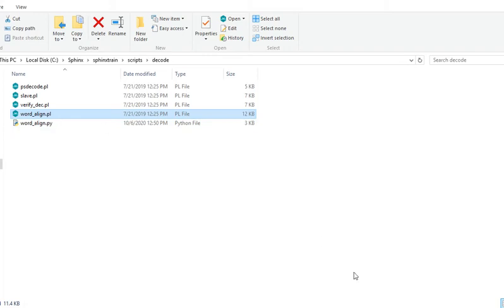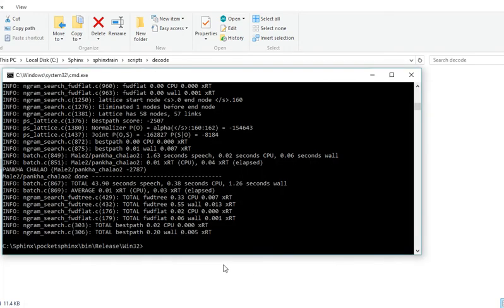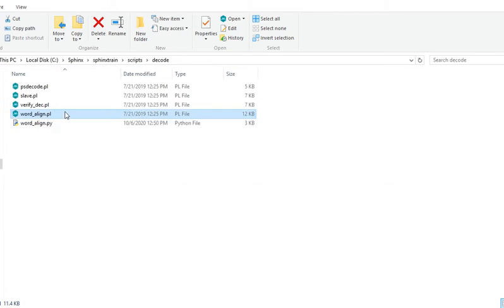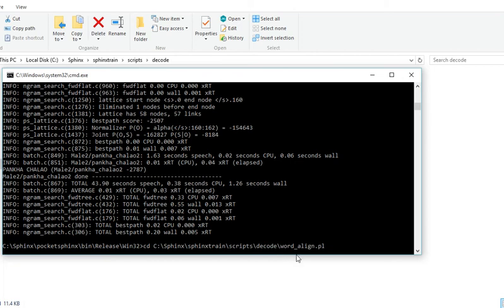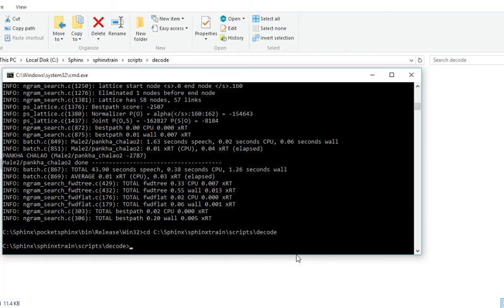Okay, now you will have to change the directory. For changing the directory, I will be using cd, and then again the same method, drag and drop, and remove the last file name. I only want the location.